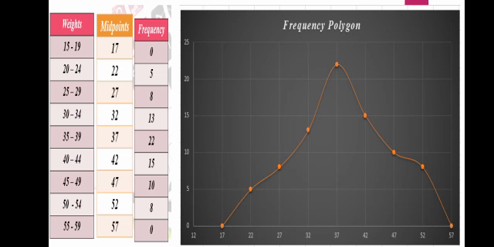So for a histogram, there is a requirement of class boundaries, and for a frequency polygon there is a requirement of midpoints. In a histogram, class boundaries come along the x-axis and frequency along the y-axis. In a frequency polygon, midpoints come along the x-axis and frequency is placed along the y-axis. So this is question number 5, in which we have to make the frequency polygon and histogram of the given data.